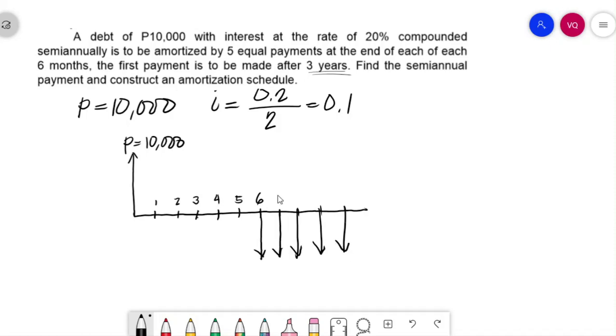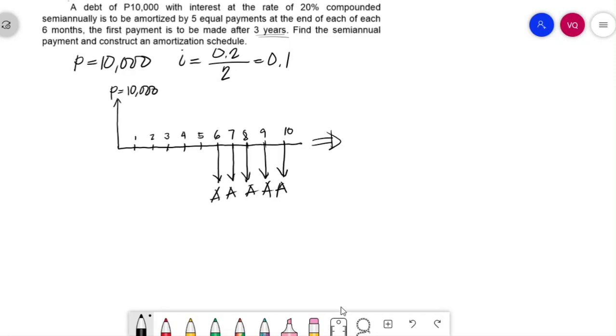1, 2, 3, 4, 5. So this is 7, 8, 9, and 10. All in all, we have a number of payments of 10. So looking at this cash flow diagram, we have